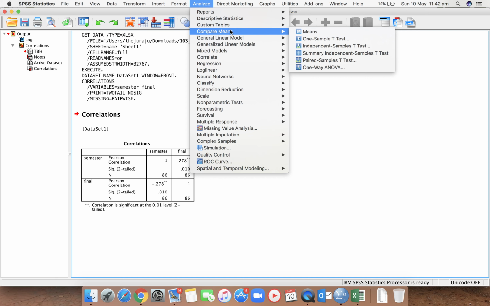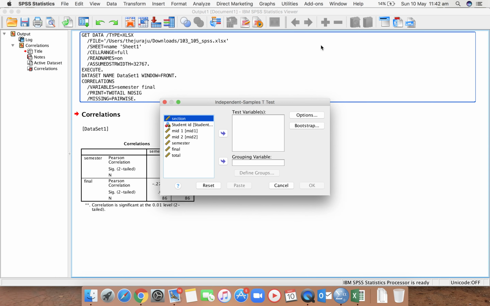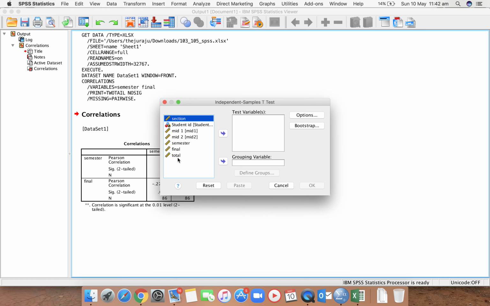In compare means go to independent samples t test. Here you have to transfer total to the test variables.